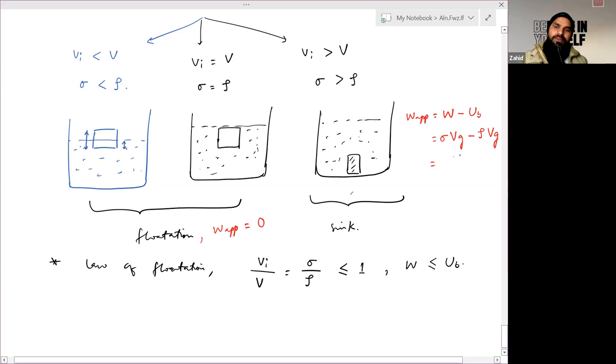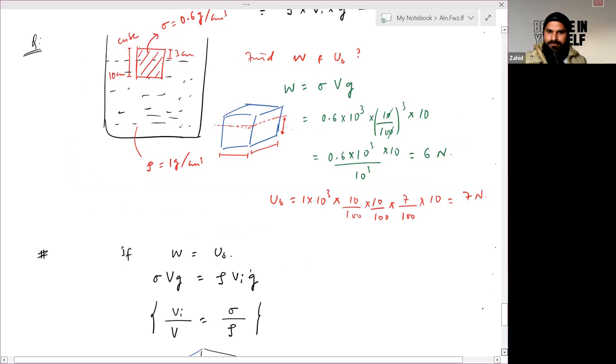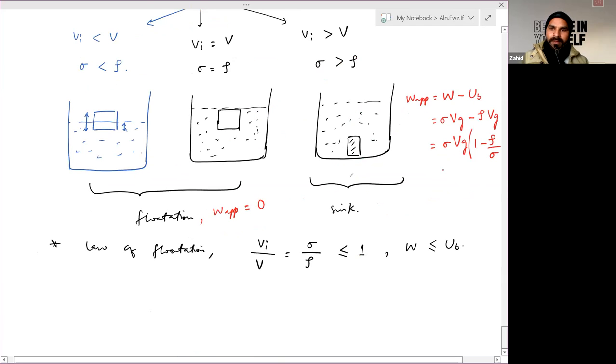Take out Vg to be common, so you're left with 1 minus rho by sigma. This particular part is nothing but mass times gravity. So we may write it as mass times gravity times 1 minus rho divided by sigma, which is also equal to